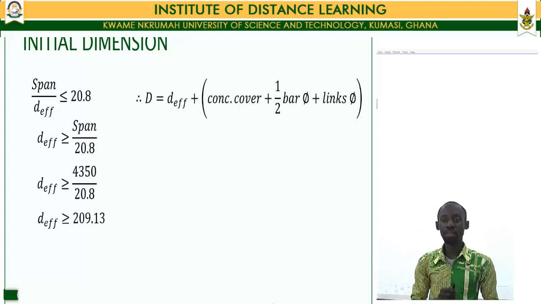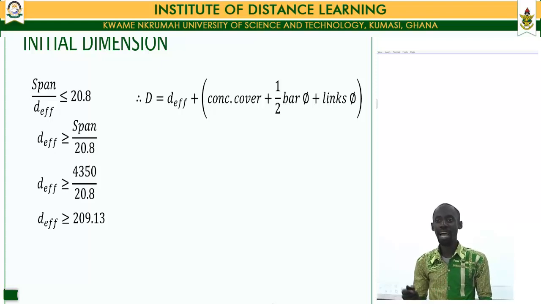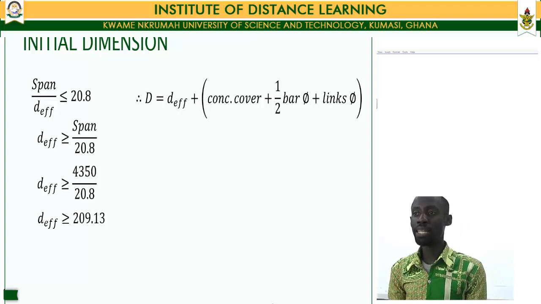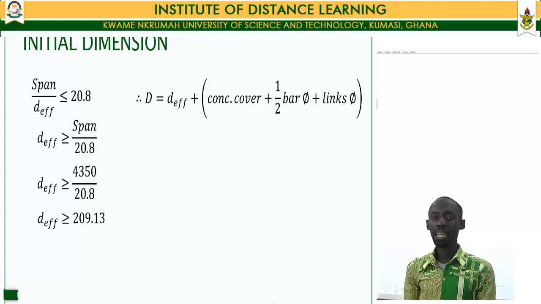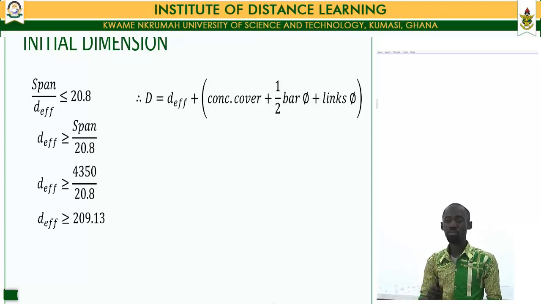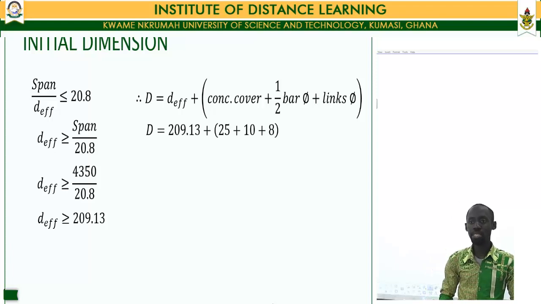Now, having found the effective depth, we now move ahead to find the total depth of the beam. The total depth of the beam is given by adding the effective depth to the concrete cover to half of our bar diameter and our link diameter, since the effective depth is the distance from the topmost part of our beam to the center of our reinforcement. At this point, we know that our effective depth is